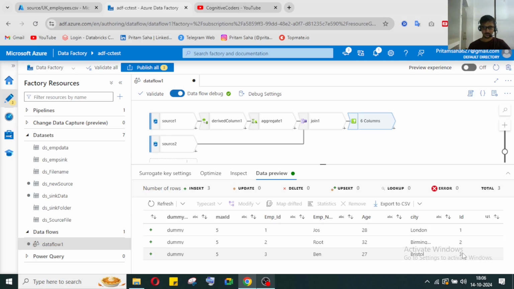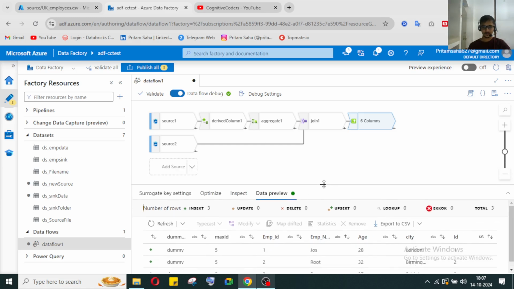generating the id surrogate key, generating the ids using the surrogate key 1 2 3 like this. If we sum the max id plus id, then we can get the employee id in incremental order. Maximum id 5 we already have, then for the next employee Josh the employee id would be 5 plus 1, 6, 5 plus 2, 7, 5 plus 3, 8, like this. For Ben, like this we will get. So that's why here we will perform the sum operation for getting the employee id. Okay,